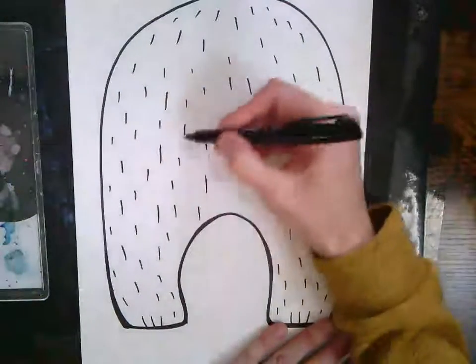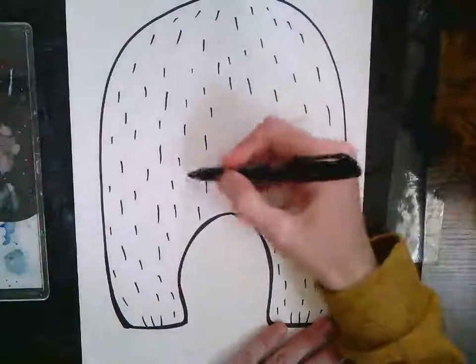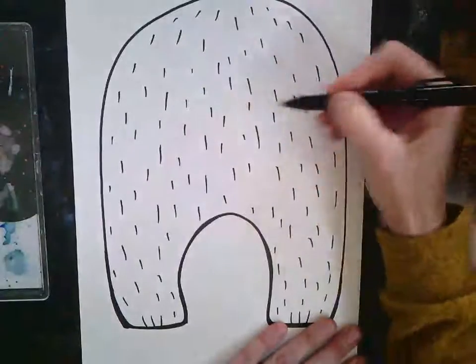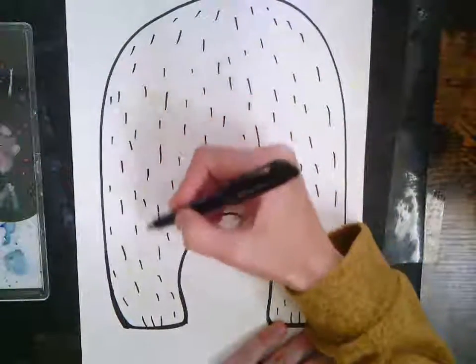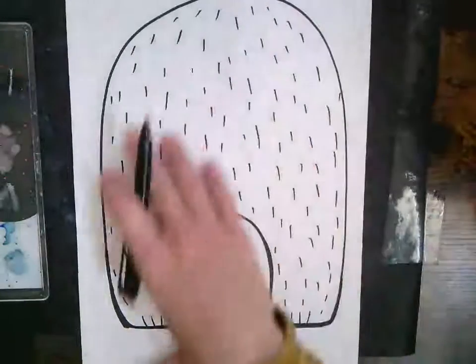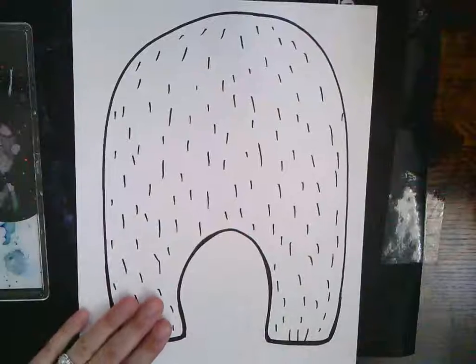Now I'm making a polar bear because I am, after all, obsessed with polar bears this winter. But if you wanted to turn your bear into a grizzly bear or a black bear or a brown bear, you could color him now whatever color you wanted this part, okay? Adding our texture with quick dash lines, okay? Once this is done, we're going to take our last sheet of paper